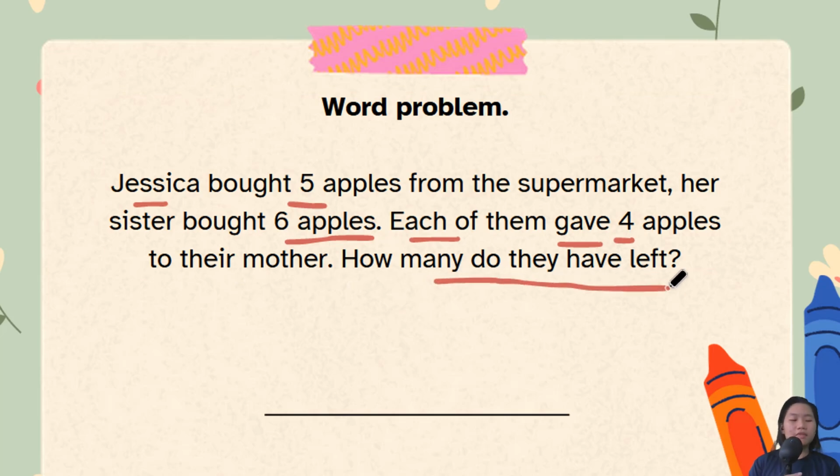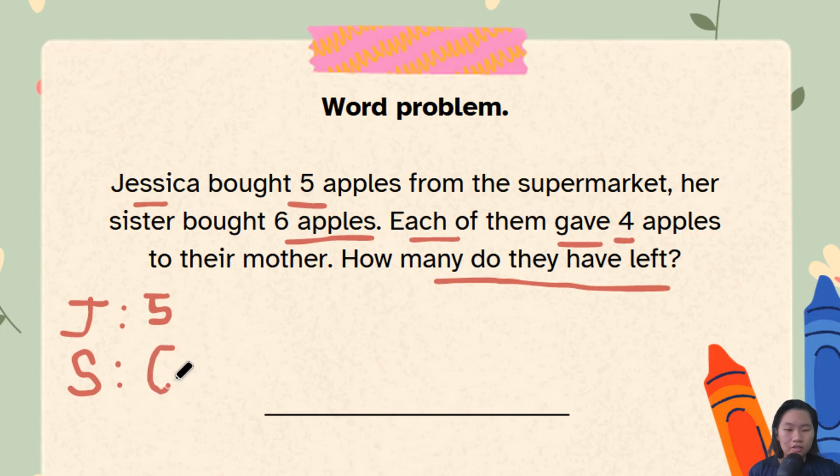Okay, now let's identify our number. Jessica bought 5 apples, right? She bought 5 apples from the supermarket. So Jessica, J, has 5. Her sister, I'm just going to go with S, has 6. Okay, so which one bought more? Her sister. Her sister bought more apples than Jessica. Now, each of them, okay, so Jessica and her sister gave 4 away to who? To their mother. So 5 minus 4